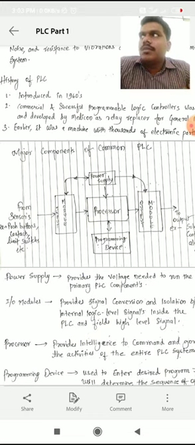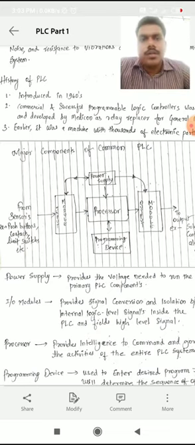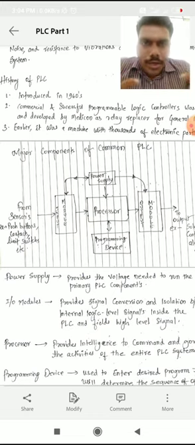Let's see one example. If we have to add two numbers, A and B, A can be any number, B can be any number. So we can write this program and code it. Coding means programming only. So by coding this device, we can process A and B. If I say A is 5 and B is 2, I have given both the numbers to the programming device, but now we have to add or subtract.